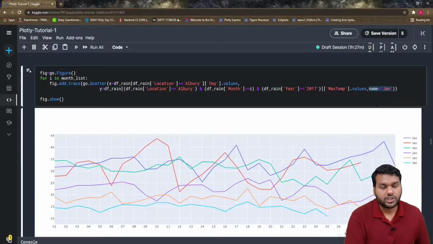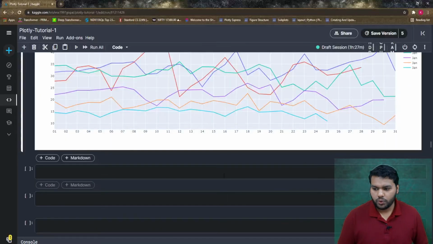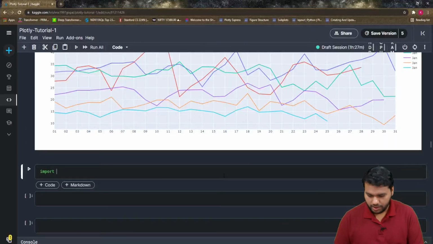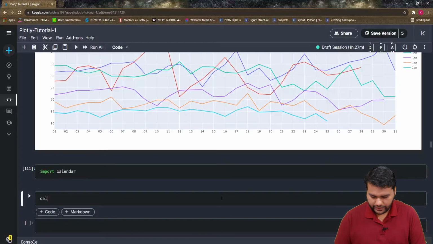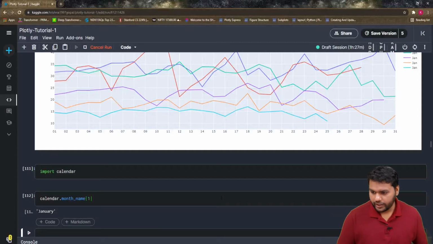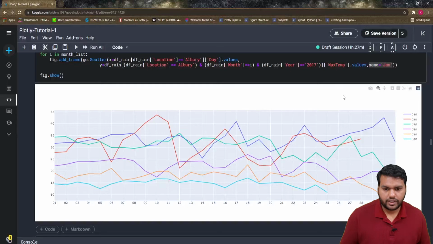Now we are going to change it, because we have the month number and we convert it to the month name. For this you have to import calendar, and then calendar.month_name. If you pass 1, it gives you January. So we have to adjust our name here.